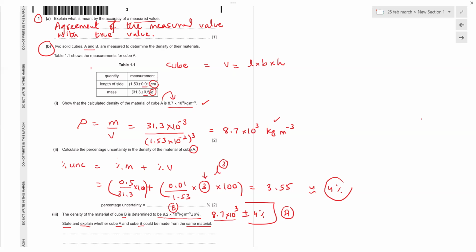So we can say if the density of material A is almost the same as the density of material B, then that means the cube could have been made from either material, maybe A or maybe B. So there is no issue here, because essentially the material is the same. There is no huge difference between A and B, so essentially the density is going to be the same. So the statement, if you have to state it, would be: the material could be the same